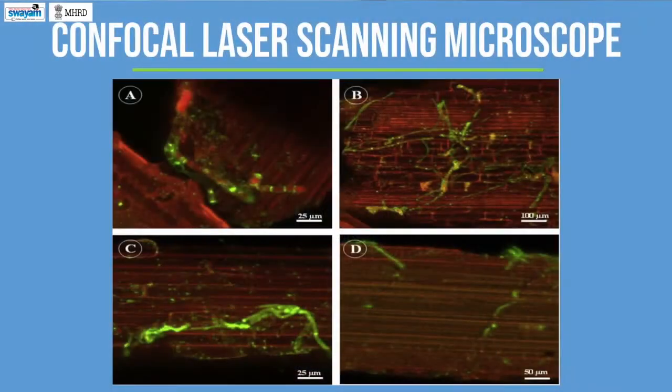Confocal laser scanning microscope can be used as a tool to visualize bacterial and fungal degradation of lignocellulosic substrates. In a recent study using confocal microscope images, it was proved that the fungal community native to wheat straw acts on insoluble fibers and accelerates the degradation of lignocellulosic biomass. Green fluorescence in the image indicates the presence of anaerobic fungi. Further, differential staining patterns on the fungal cell wall suggest the presence of different fungal species.